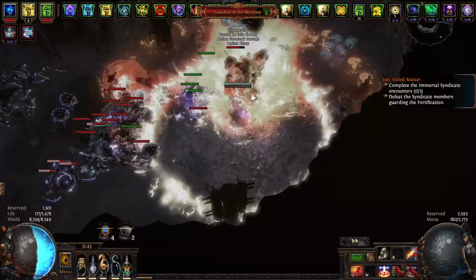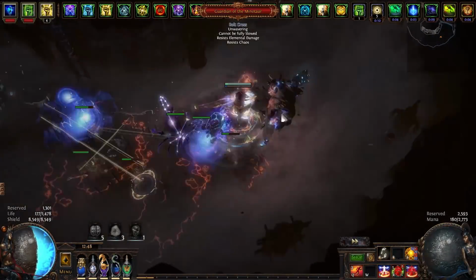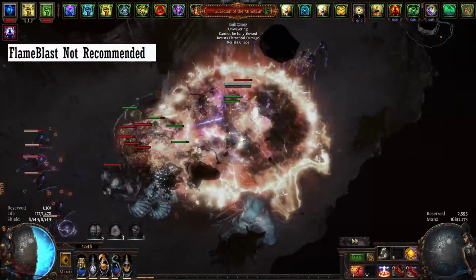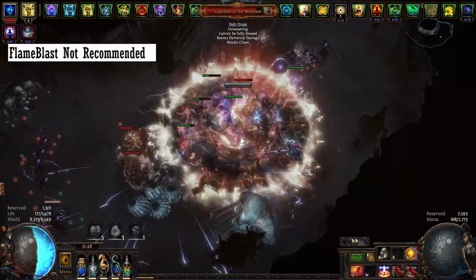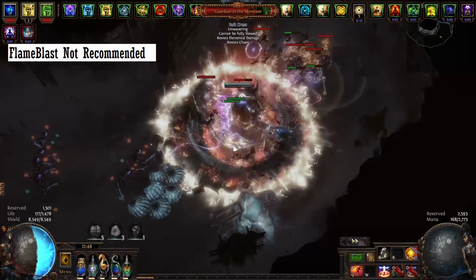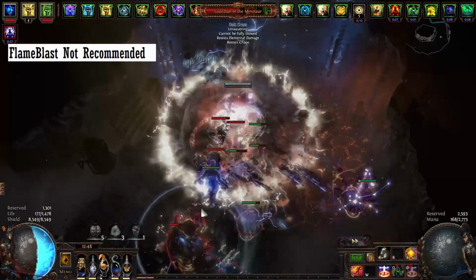Starting off, everything in this build hinges on the new Cluster Jewel notables, Purposeful Harbinger, Endbringer, and Heraldry. In order to effectively abuse these nodes, we are stacking Heralds. So with 5 Heralds, Purposeful Harbinger gives us 50% increased effect of auras on us, while Endbringer gives us 125% increased damage. And last, we use Heraldry solely for the purpose of getting all the auras and Heralds to fit into